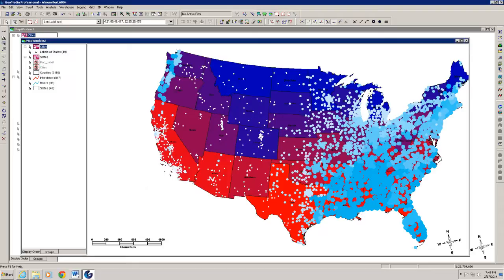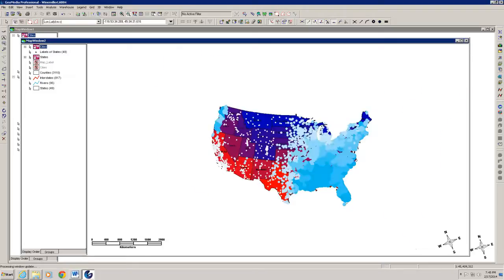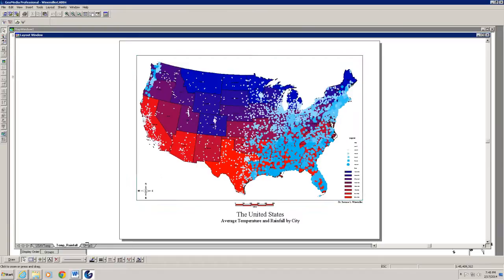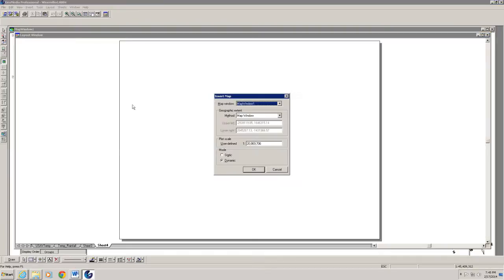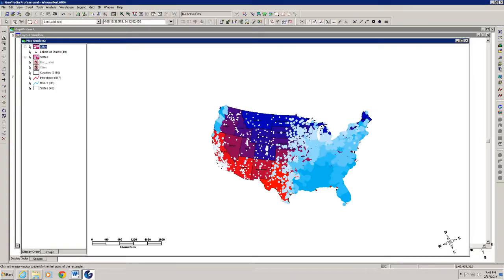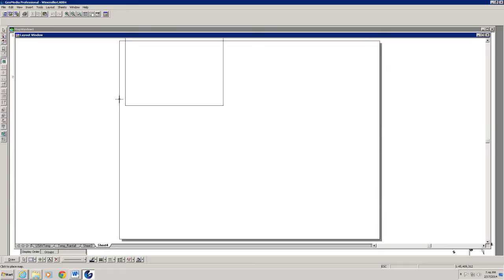So here's this. I'm going to zoom out once. I'm going to go to my layout window. I'm going to click on sheet 3, and I'm going to right click and insert and go to sheet 4, and I'm going to insert map. Now here, instead of map 1, I'm going to click map 2. I'm going to click by rectangle, click OK. It's going to transport me to map window 2, left click, let go of the left clicker, right click,